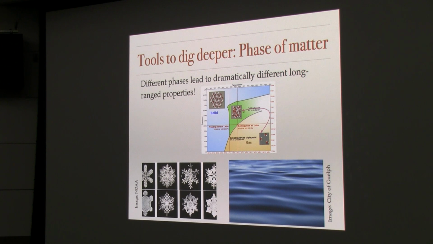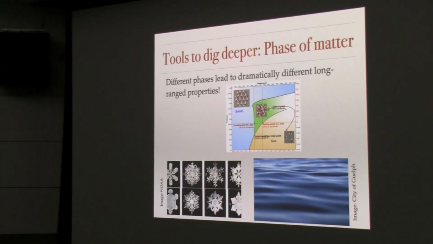Maybe I don't. But anyway, on the left-hand side, in the blue region, is where we live in Minnesota for much of the year, in the region where water is solid. And over in the green region, well, that's California right now. I've never been to California when it's green, but it is green now. And that's where water is liquid. The point is that these different regimes have very dramatically different long-range properties.